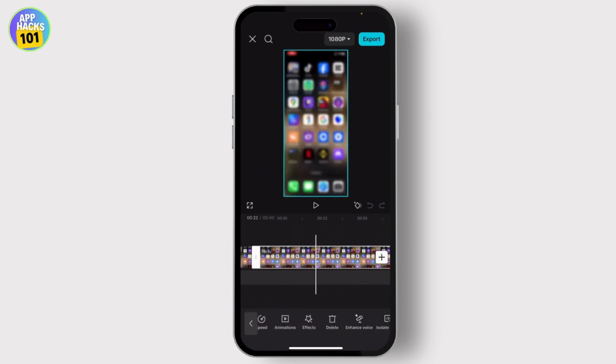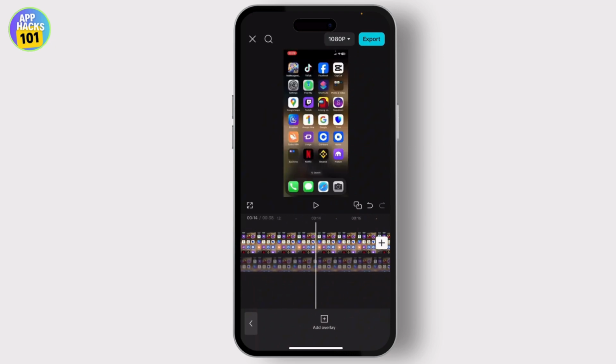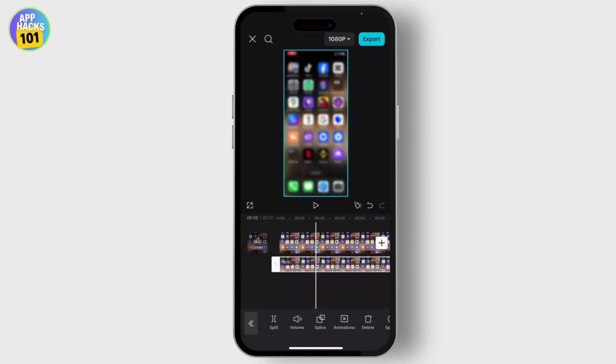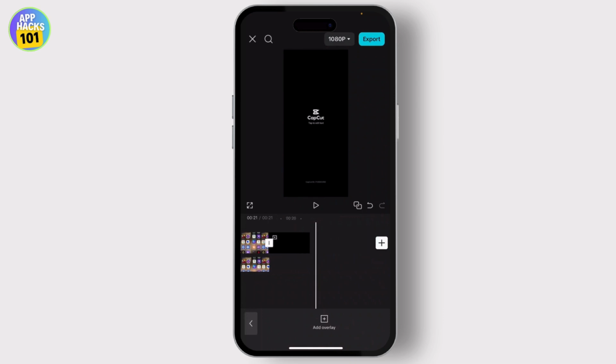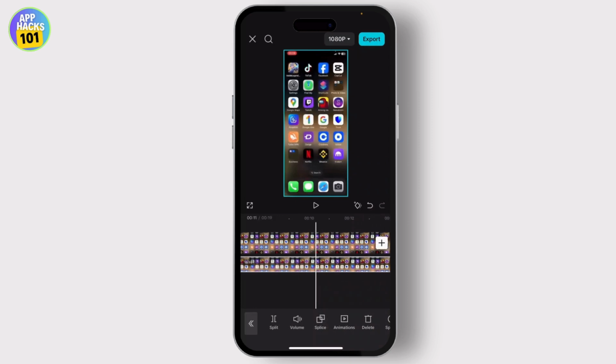Now what we'll do to the blurred video is select the video and scroll down till you find overlay. After you find overlay, tap on overlay and it will go a layer down. So we'll just drag this to the front, and after you drag it to the front, what you'll now need to do is let us delete this template first. So after you bring down the blurred video, after you do the overlay, what you'll now need to do is